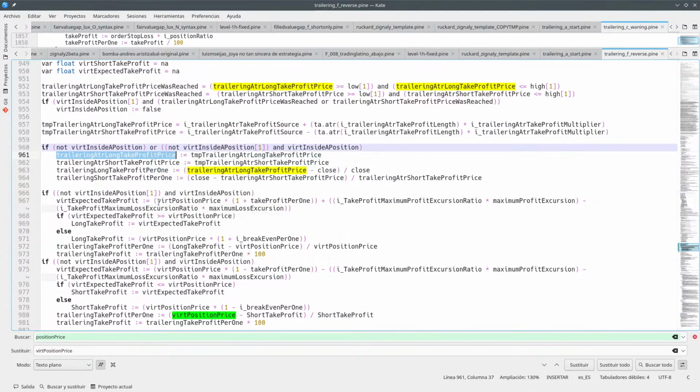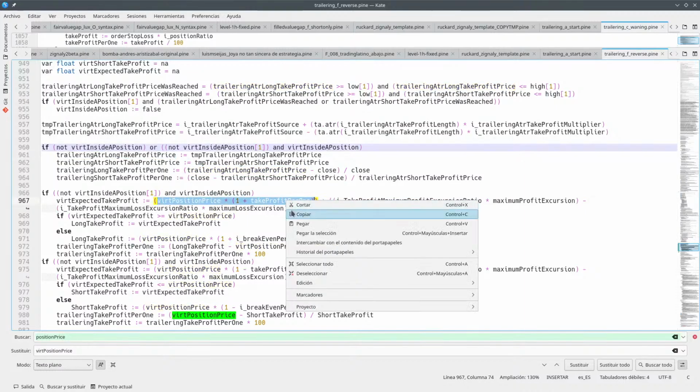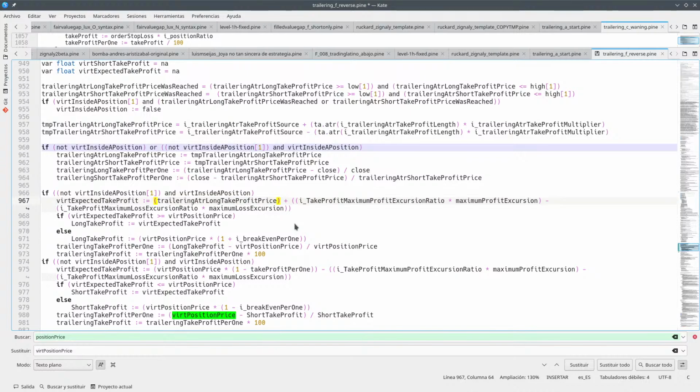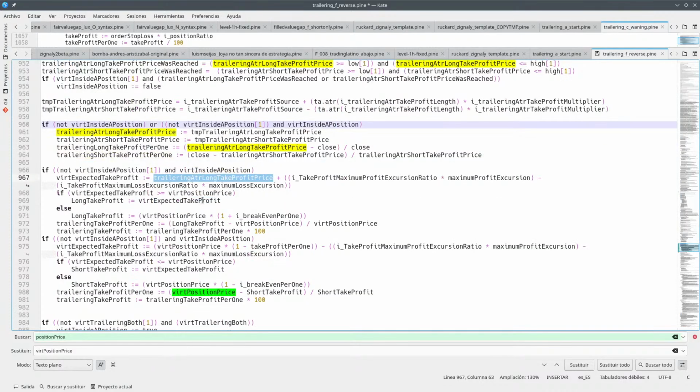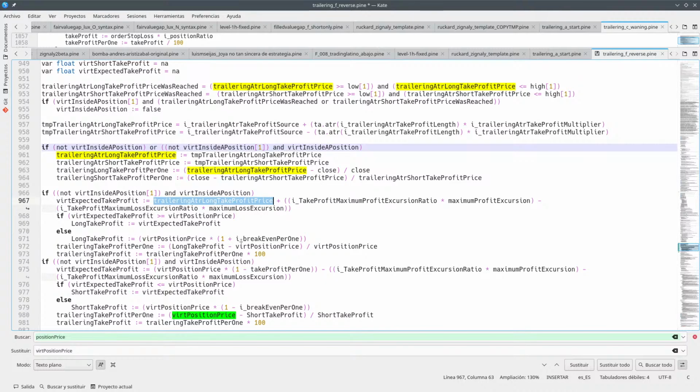So what we want to see here is this thing here, if you ask me. Which is the initial take profit, if you want. Okay. And also